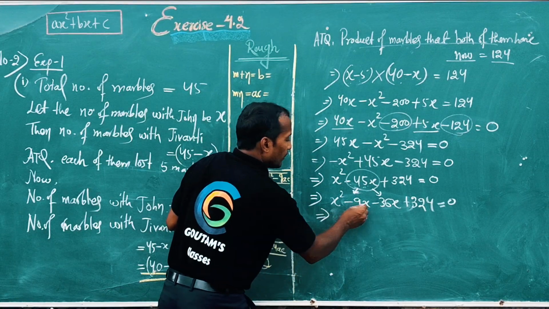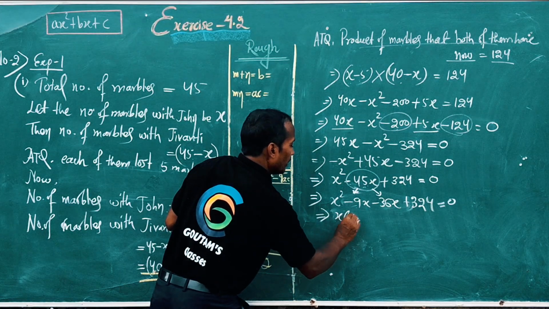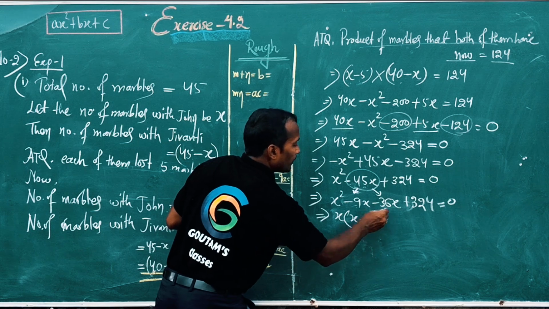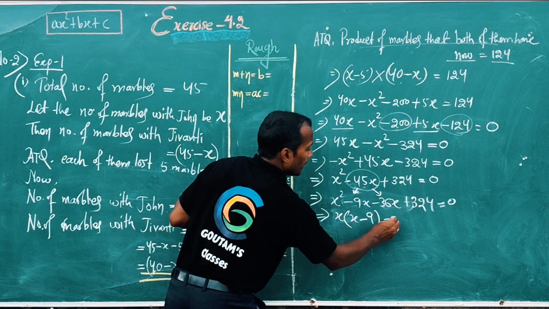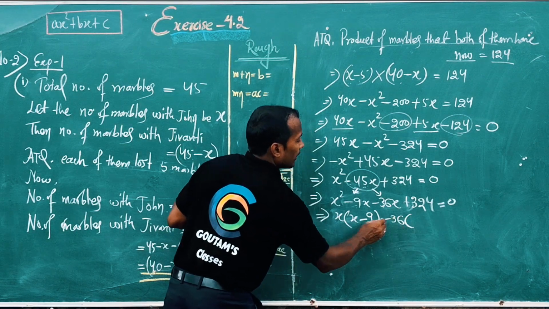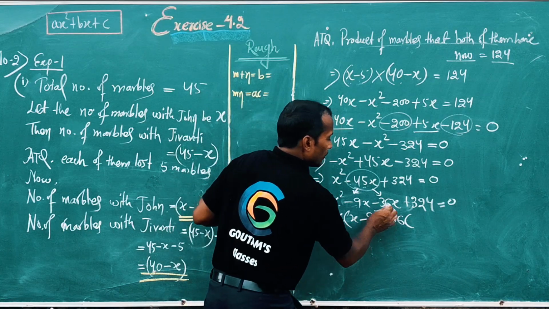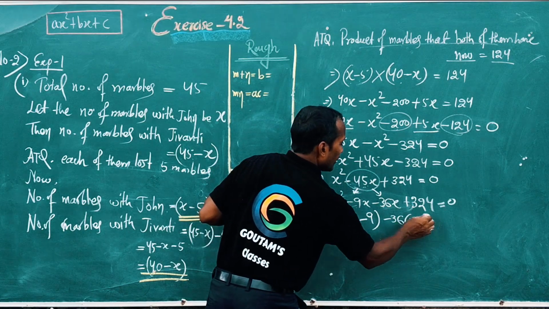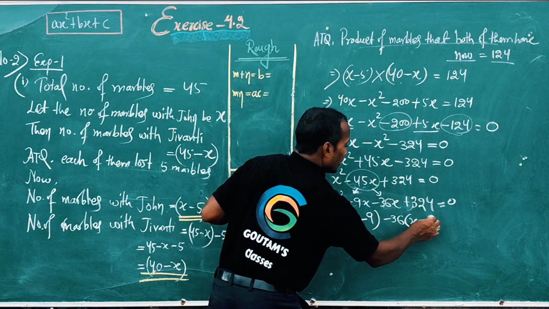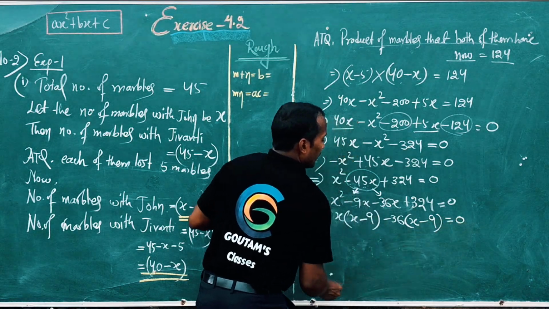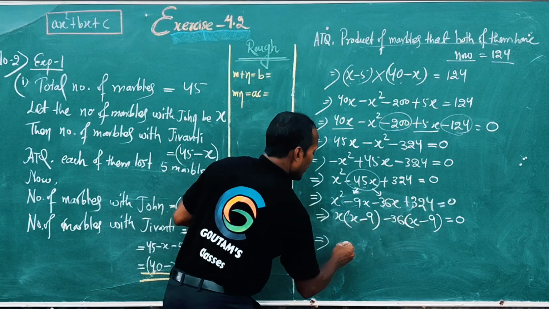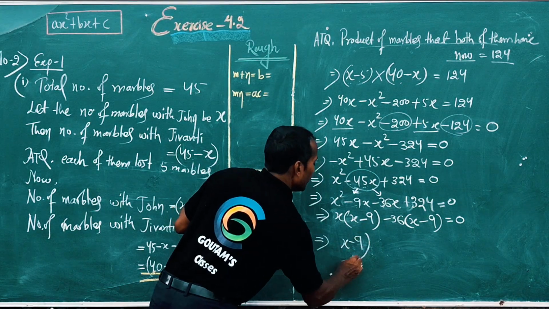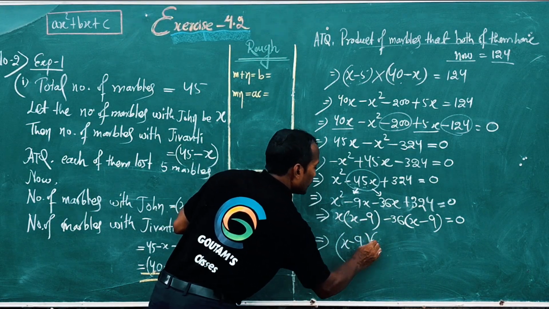So I have x square minus 9x. From this, x is common, x is left with minus 9. From these two parts, minus 36 can be taken common. 36 is a common factor of this. So I'll be left with x, and here minus 36 into 9 is 324. So I'll be left with 9. So we have a common binomial x minus 9 here. x minus 9 and then x minus 36 is left,